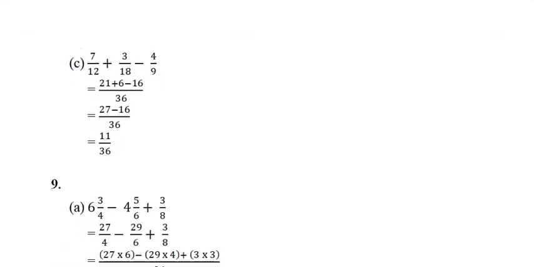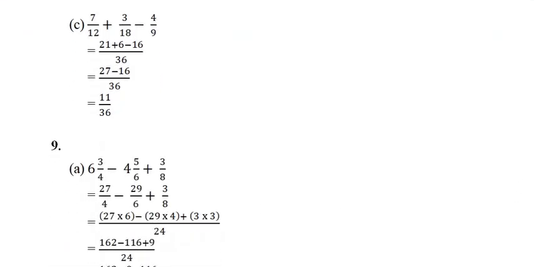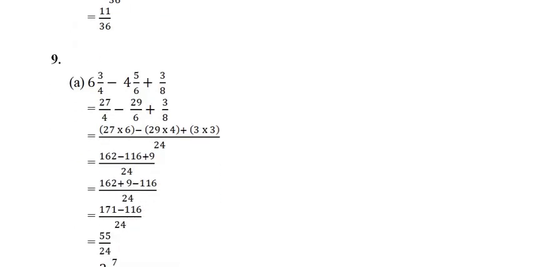Now in case of question number 9a, what you will do is this plus number you see here, you bring it forward, but only after you get the LCM. Only after the LCM, it will be easier for you to calculate. Just follow this procedure. So 6 4s are 24 plus 3 is 27, so 27 by 4. 4 6s are 24 plus 5 is 29, 29 by 6. Now this is already a proper fraction, so just leave it.